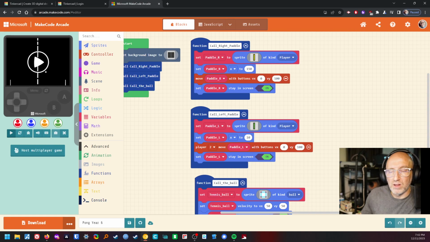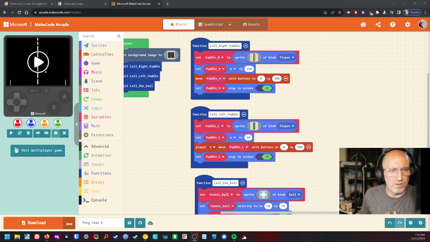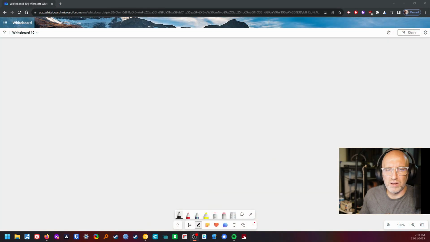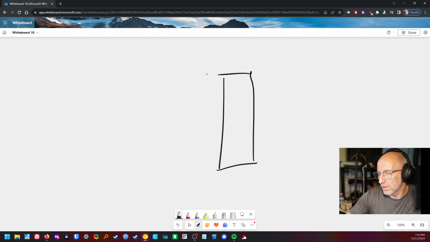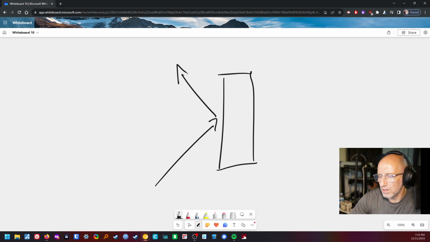So, what we want to do now is actually get the ball to hit the paddles and then bounce off. This is where it gets a little bit interesting. So what I have to do here is turn on my whiteboard and transition here. So I've got the board behind me. What's going to happen is there's the paddle, okay, and when the ball comes in here like this, the ball has to bounce here